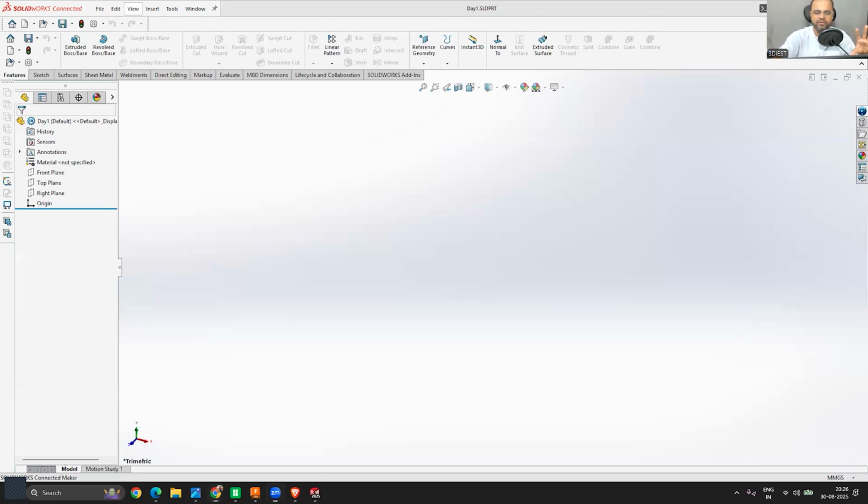But if you want to use a different system of units, let's say I want to use inch, pound, second, because I want to create something in inches, then I will activate this one. The moment I click on it, you can see that for this document the active system of units is inch, pound, and second. That is IPS. That way we can change between different systems of units. Now we are active on millimeter, gram, and second, so I will change back to MMGS.